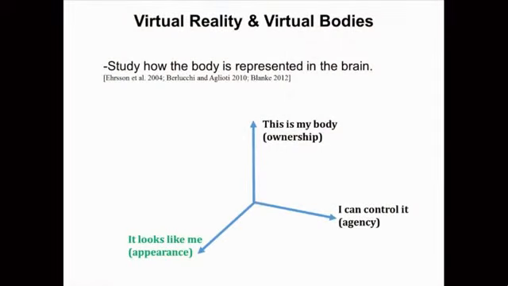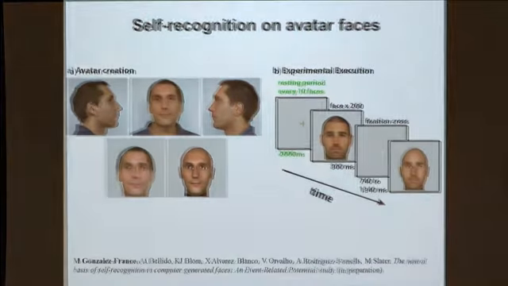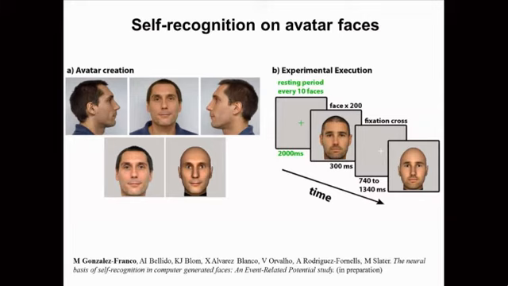Okay, so let's move to the last experiment here. So we've seen the body can be accepted unconsciously, that we can control it, and if there is a break, we break the agency over that body, so we lose this ownership illusion, kind of. And what if it looks like me? So we ran an experiment